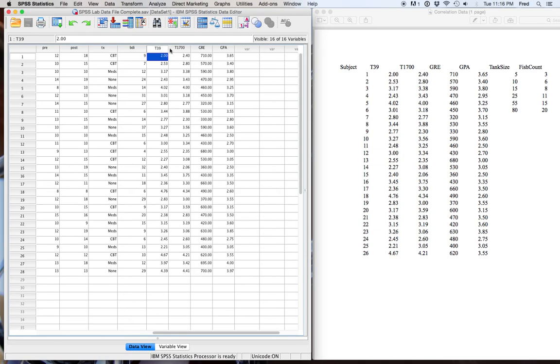The first 2 columns, T39 and T1700, relate to a study where researchers were investigating first impressions. They wanted to see how fast people could judge others. In T39, the researchers flashed a face on the screen for 39 milliseconds. That's 39 one-thousandths of a second. And the participants had to judge how threatening the face was. Then in the second column,